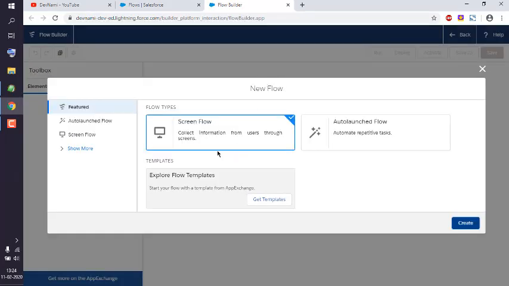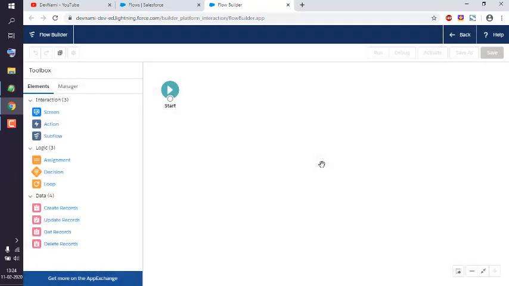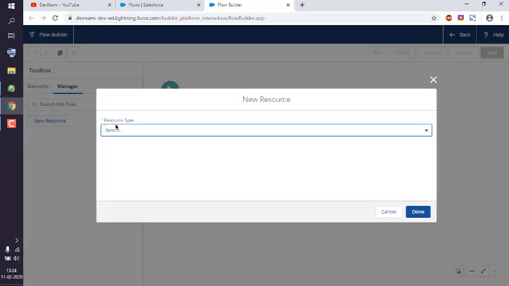Okay, now here you can choose from Screen Flow or Automation Flow, or you can also choose from templates. Then click on Create. Now in the toolbox you will find you have options like Elements and Manager. Click on Manager. Okay, then click on New Resource, then choose resource name